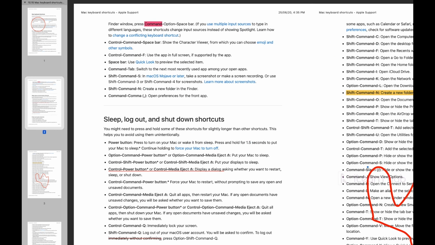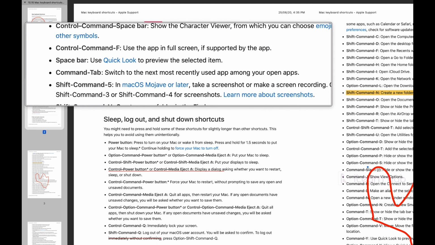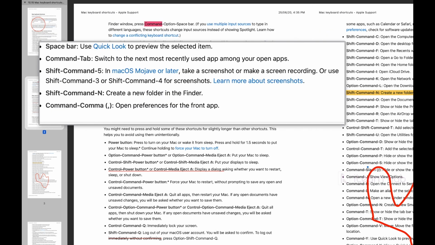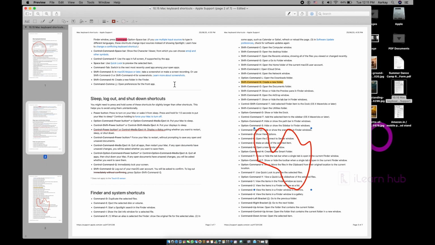Tilde key is actually meant for, if it is a PDF file with text, you will get this rectangular tool which shows more zooming facilities. Okay, escape to come out of the full screen.